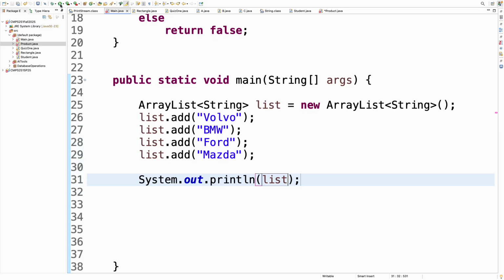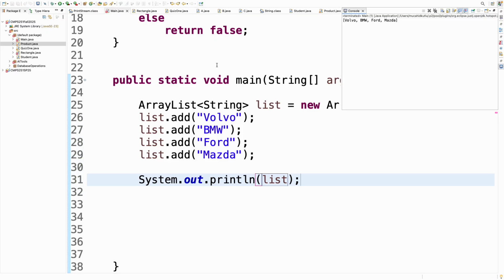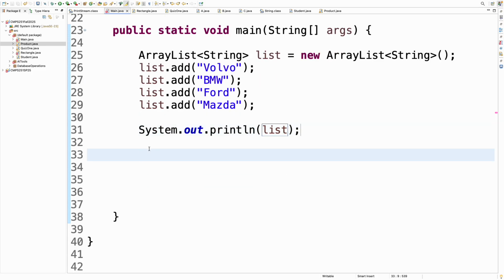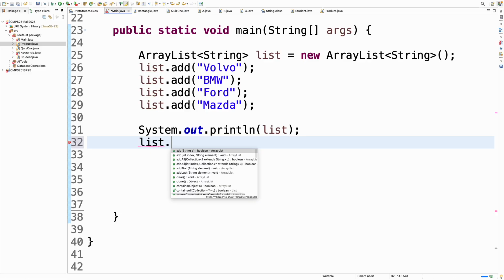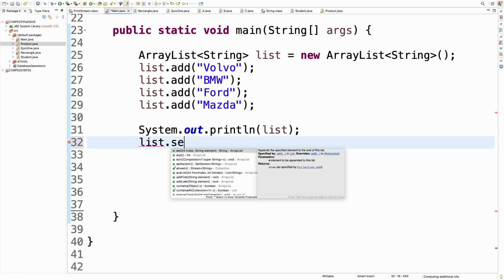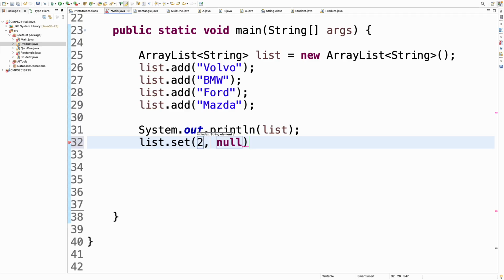I just would like to first show this. In an array list, the good thing is that if you just print the list, it will automatically show all the items with square brackets: Volvo, BMW, Ford, Mazda. So I don't need to write a for loop. It's much easier to print an array list. So when I use this set function, set the item 2 with Toyota, and then